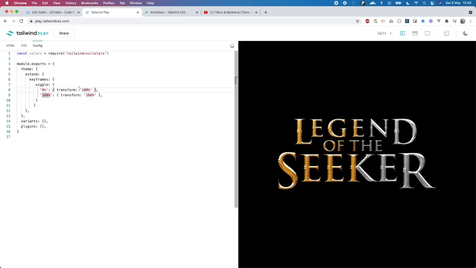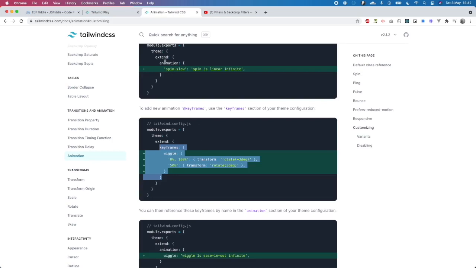So I start with the width of 100%, and then we'll finish with the width of 0, and I will call this loader. And the last thing you need to do is come and copy the animation,